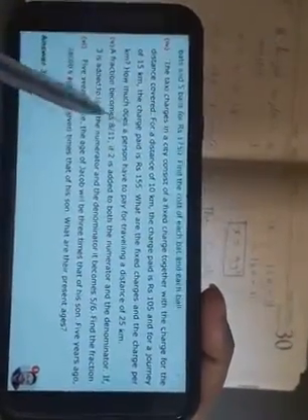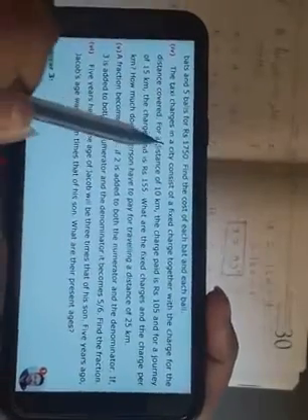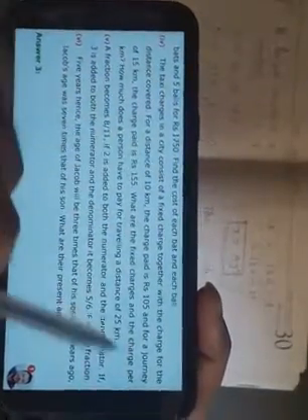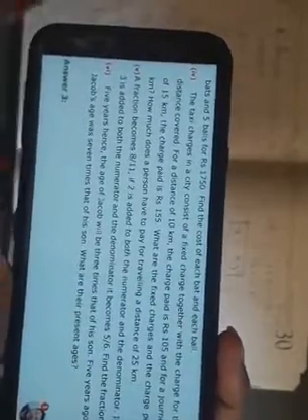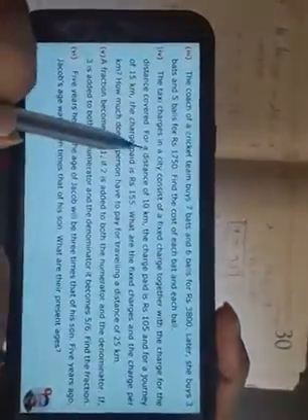So charges are of two types here. One is the fixed charge, and the second one is a charge as per the distance covered. It means the per kilometer charge. For example, someone charges you 8 rupees per kilometer, someone charges you 10 rupees, someone charges you 12 rupees per kilometer. That is the charge per kilometer. Now there are two results given here.